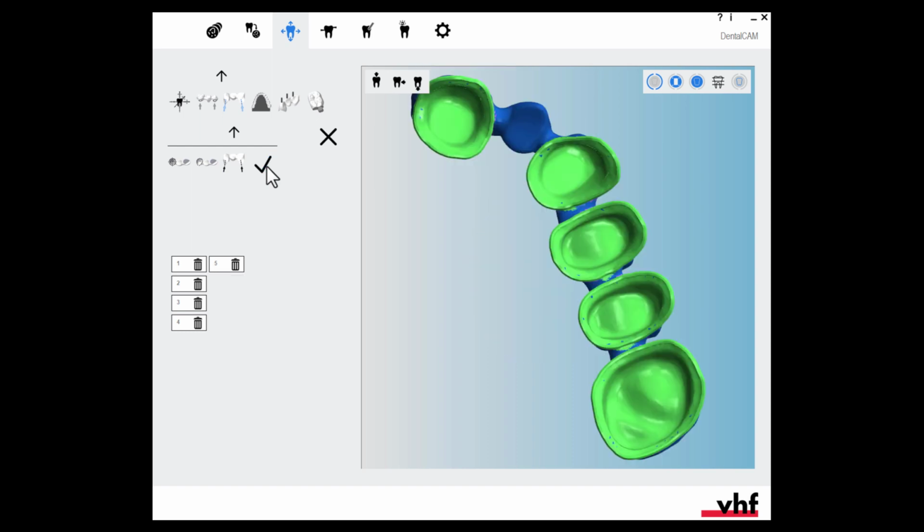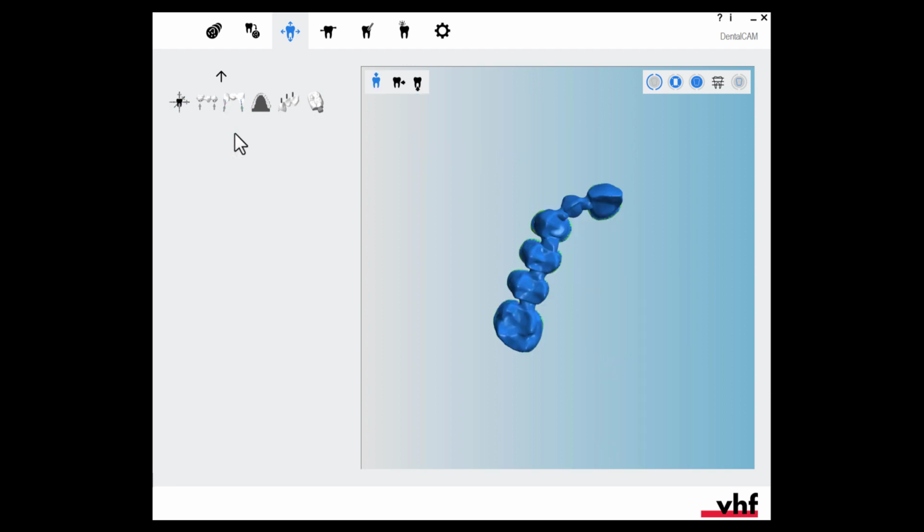Correctly marked cavities, including prep lines, are produced with special machining strategies and lead to optimal machining results. With this icon you can exit the editing function without saving your changes. To save our adjustments, we exit the editing function for cavities with the up arrow. And with the second up arrow we return to the nesting view.